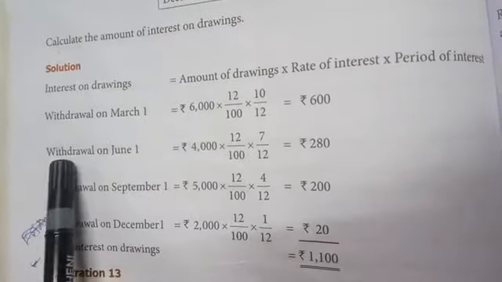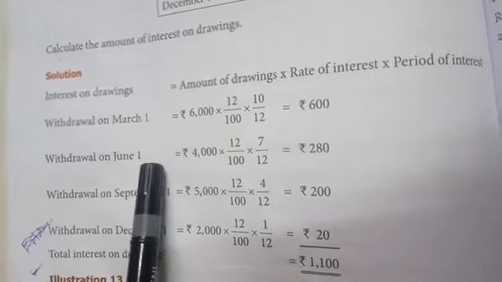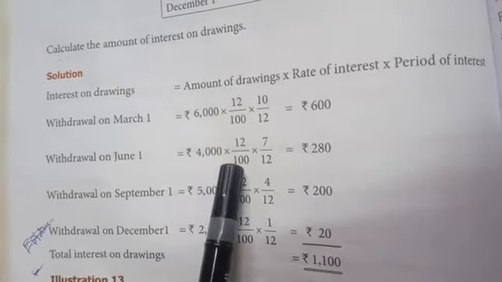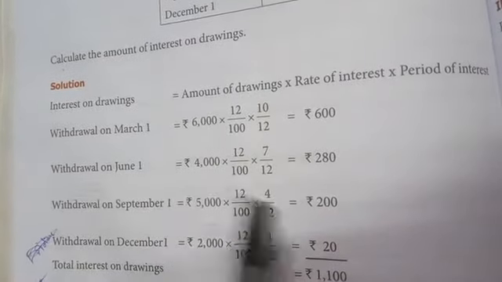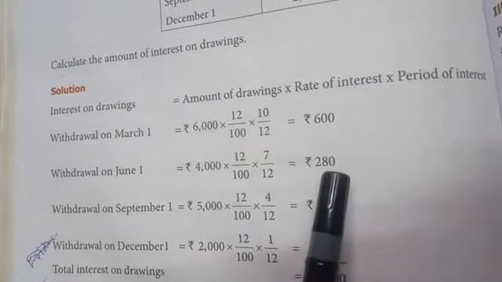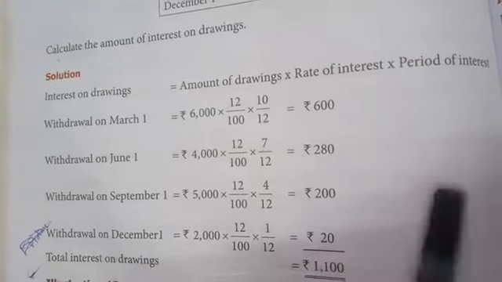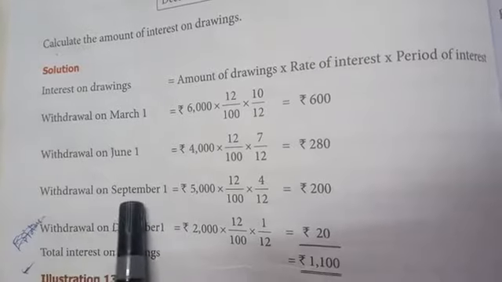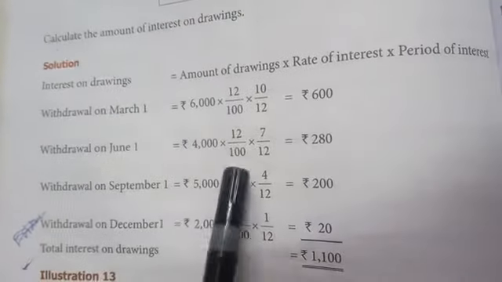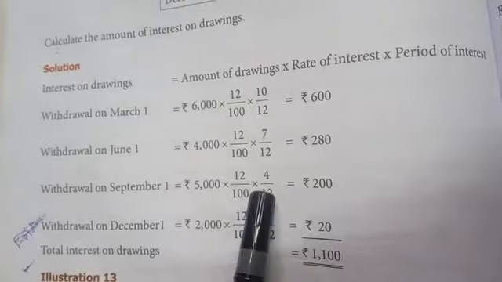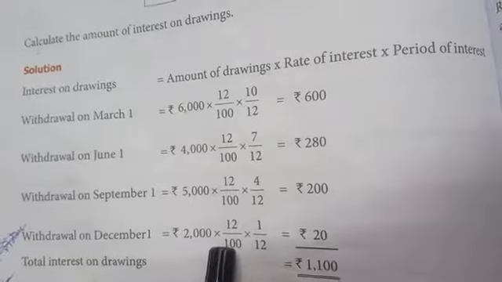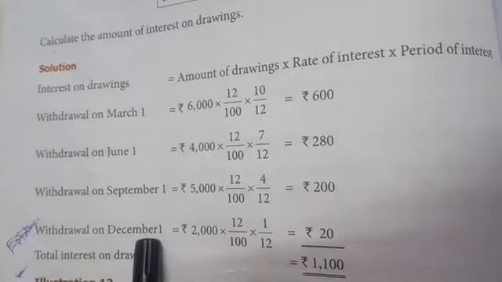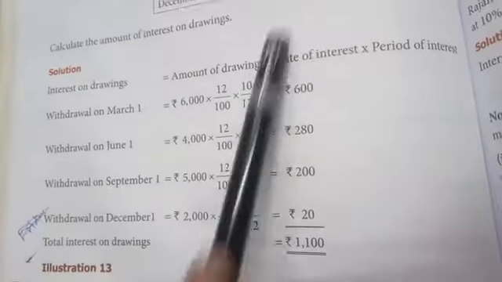And again, Arun withdrew on June 1st, 4,000. 4,000 into 12 by 100 into from June 1st to 31st December. June to December, 7 months. 7 by 12. Amount of interest on drawings 280. Then withdrawal on September 1st, 5,000, 12 by 100. September to December, 4 months, 200. And withdrawal on December 1st, 2,000 into 12 by 100 into 1. Because from the beginning of December, 1 month we claim interest from the partner, 20. Total interest on drawings,